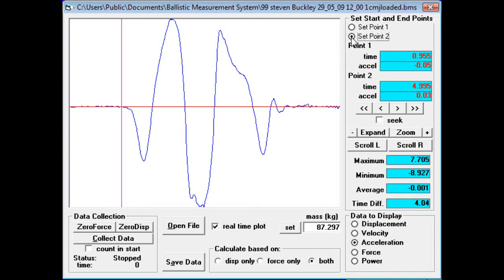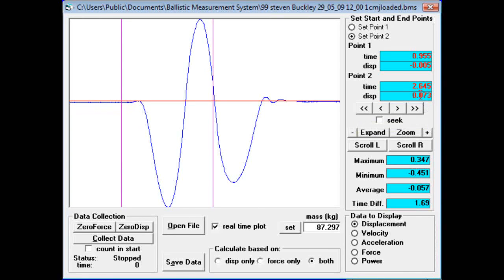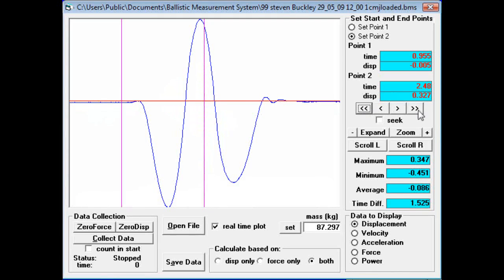Put set point 2 in. So we want to go back to displacement and put it just before the landing. See the time. Move the set points simply by clicking on the direction buttons. Small movements, larger movements,